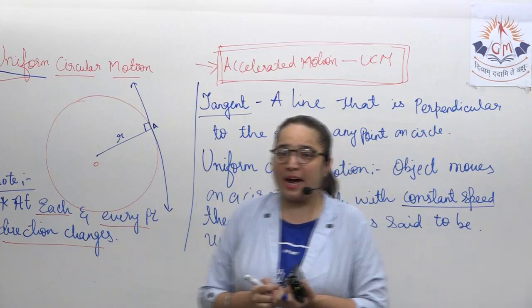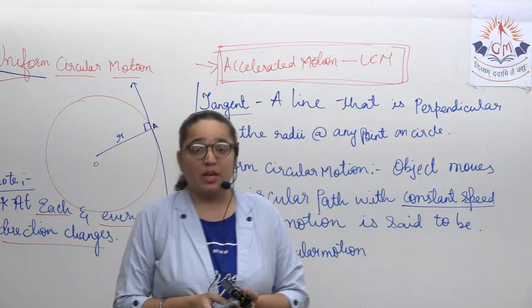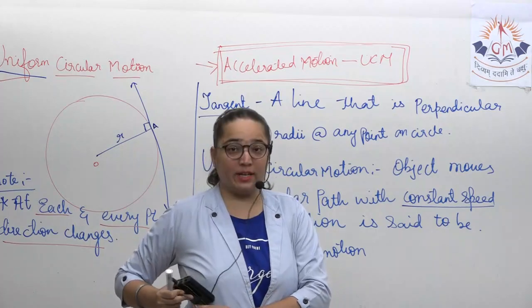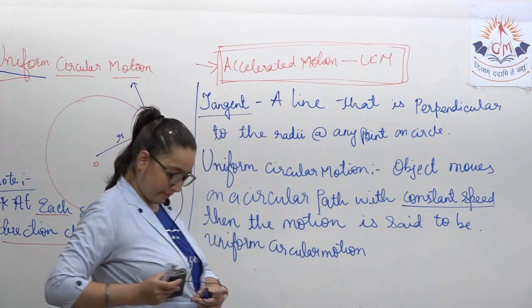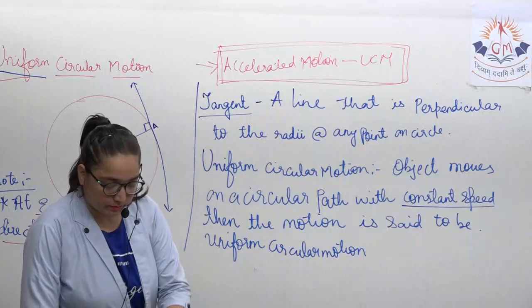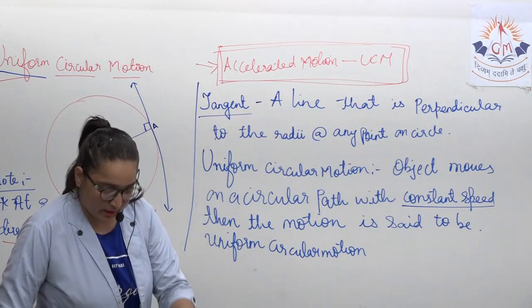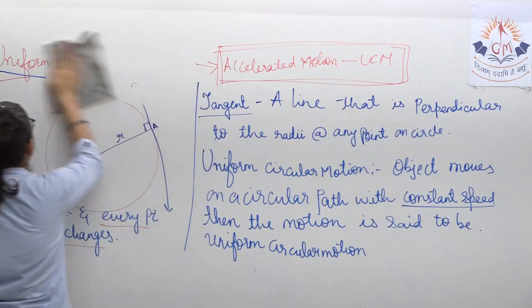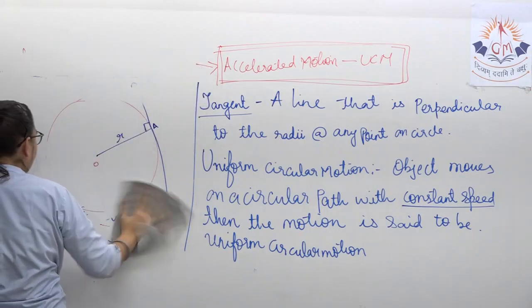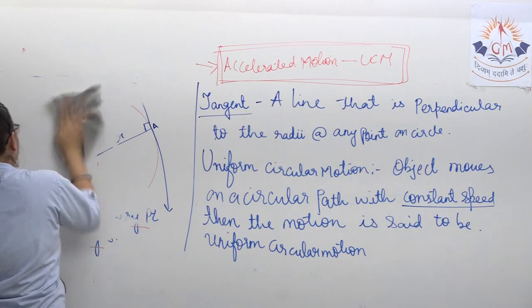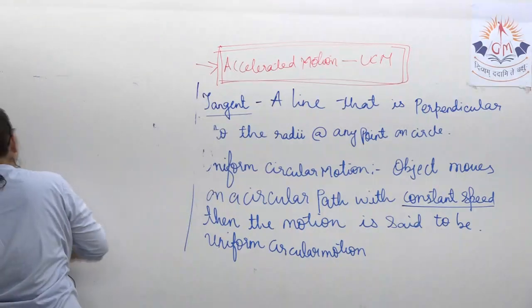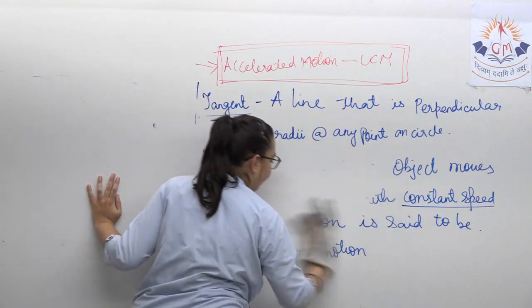Now we'll try to understand about the angular displacement, angular velocity. Okay? So let's have a look at it. We'll see how the angular distance and angular displacement are related to each other, and how the linear velocity is related to the angular velocity. And that will be the last content for the day.